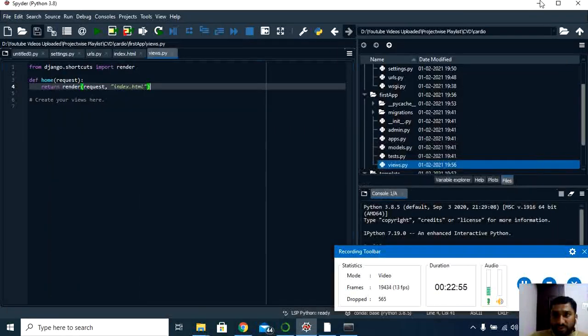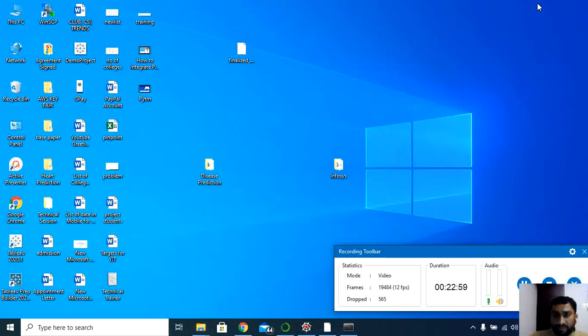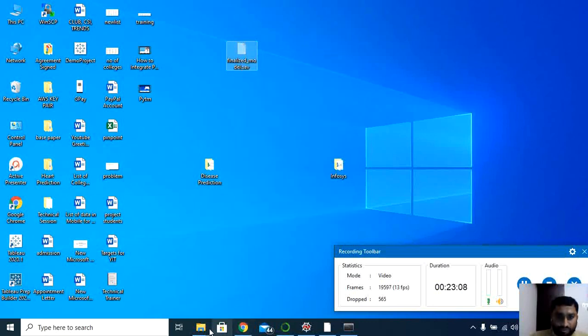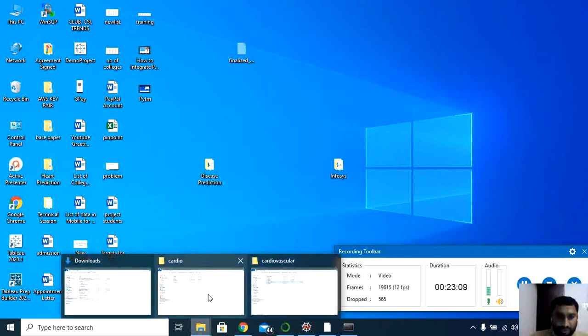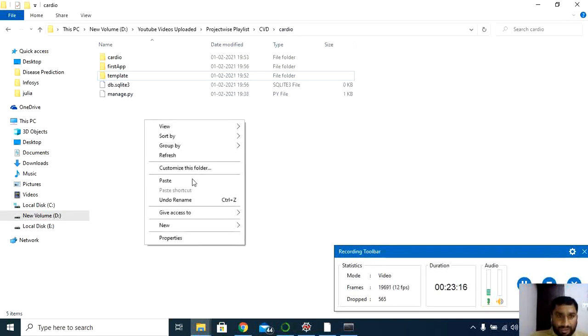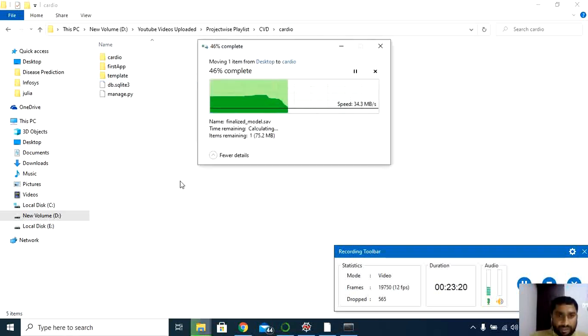As I told you, I have copied my model here. Let me cut this model and shift it from my desktop, from the main screen, to the project. So this is my project, the cardio. Paste here in the main location. So I have pasted it here in the main location.